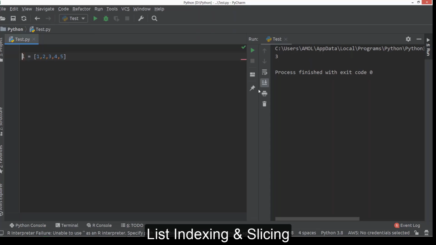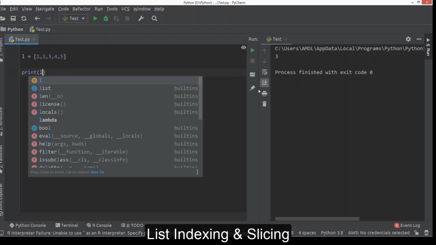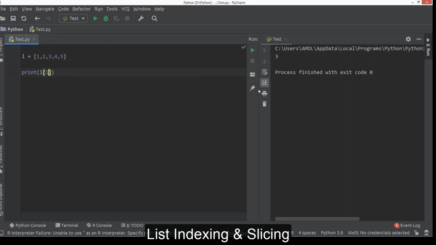So this is my list containing 5 elements here. Individual elements we can access by providing an index value, like this one. Now for indexing, we can provide a minus value also because we have negative indexing also. So -1 is this element. It will print 5. Like this, you can access elements by providing a negative index value also.